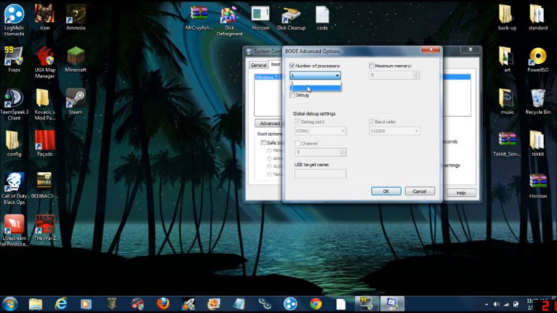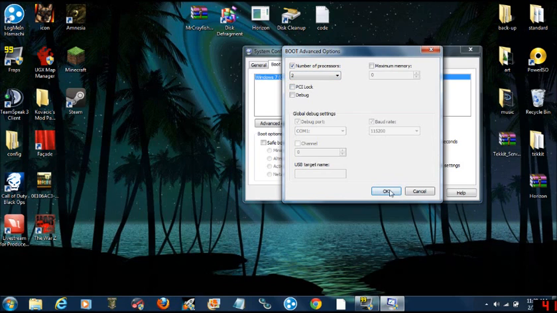You see how it says 1 and 2? Some computers will only have a 1 here. If there's only a 1 here, there is absolutely nothing that I can do to make your computer go faster using this method. There are other methods that I could show in another video, like Game Booster and stuff, that are normally for playing games, which is what I'm assuming you are trying to speed up your computer for. Now, if your drop-down has a 1 and a 2, you're going to want to click 2